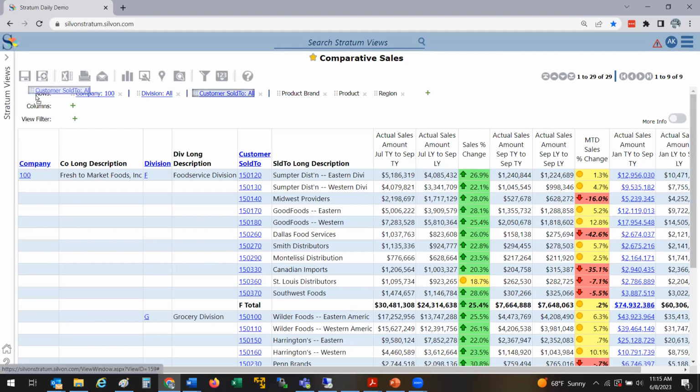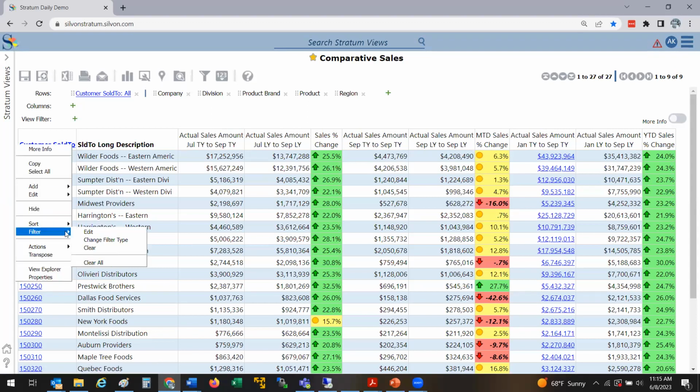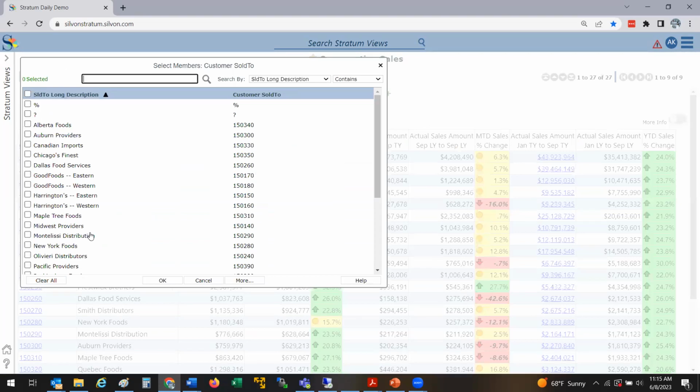Now let's take a look at all customers, because that'll give us a few more rows, 27 rows of data. Maybe I want to filter, so now we'll take a look at filtering and how we can filter out or filter in certain customers that we want to focus on. For instance, Wilder Foods. Maybe you want to right click Sold To, select filter edit,